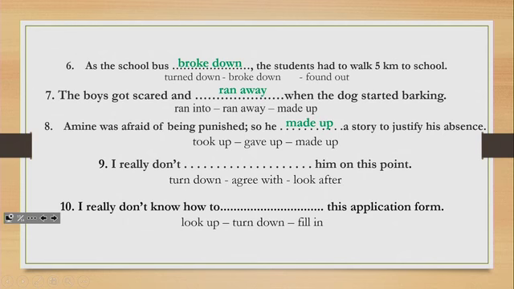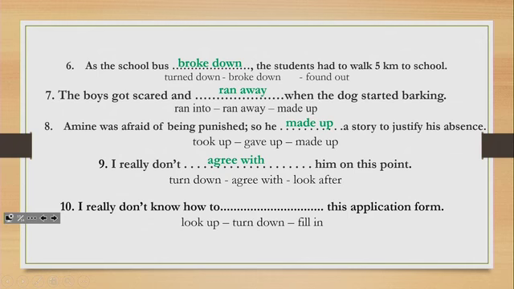Concerning number 9, we have here, I really don't blank him on this point. So the correct answer is agree with. To agree with here is to have the same opinion, which means that when we have the same opinion, we say agree with, and when we have a different one, we say disagree. Turn down is not convenient here because it means to refuse something,